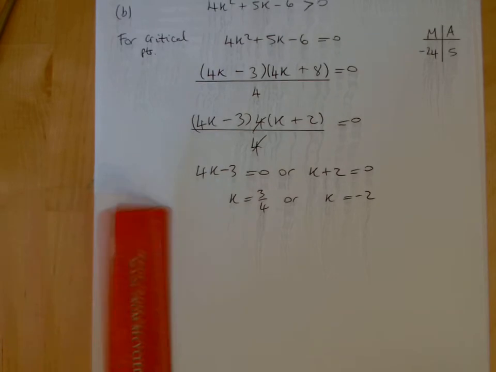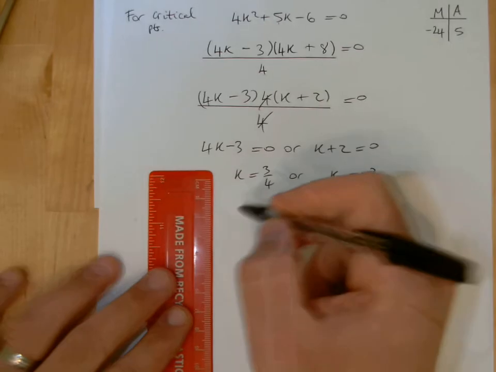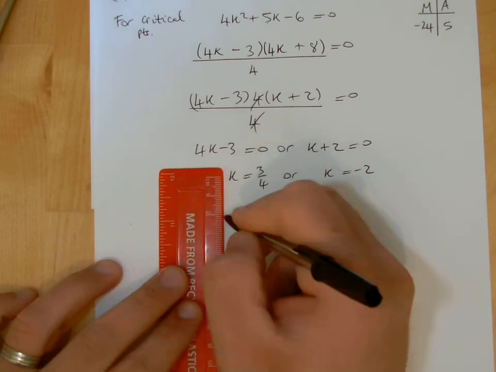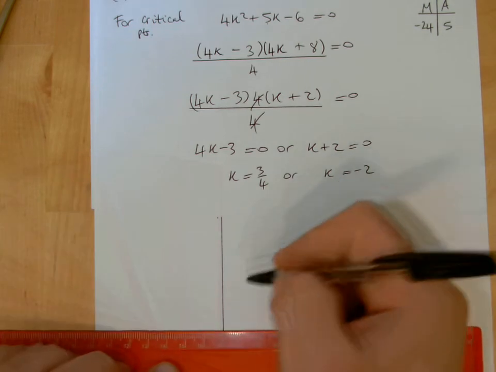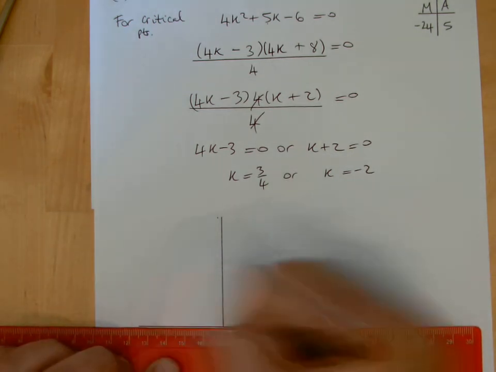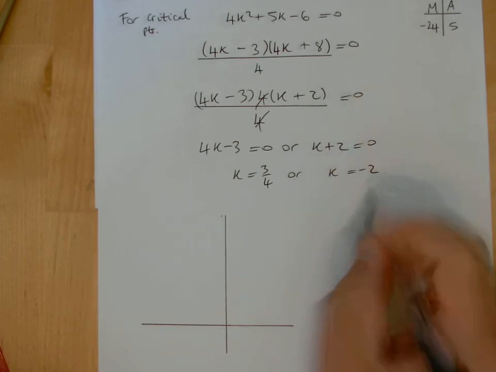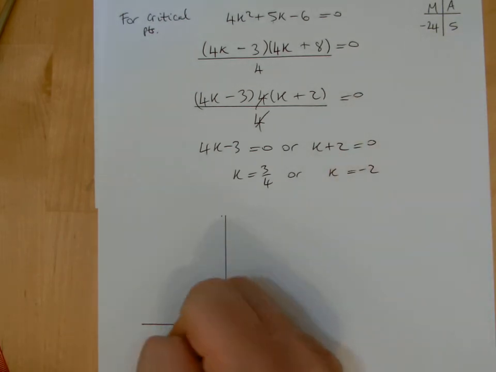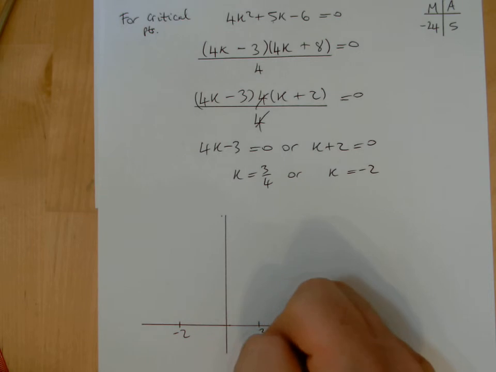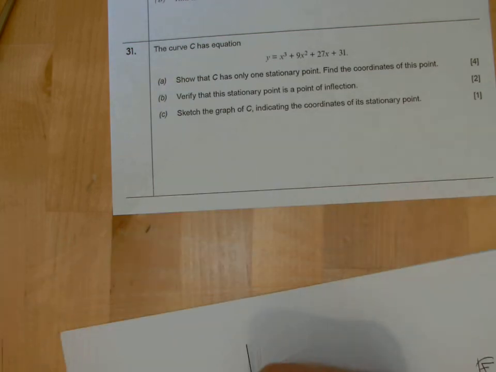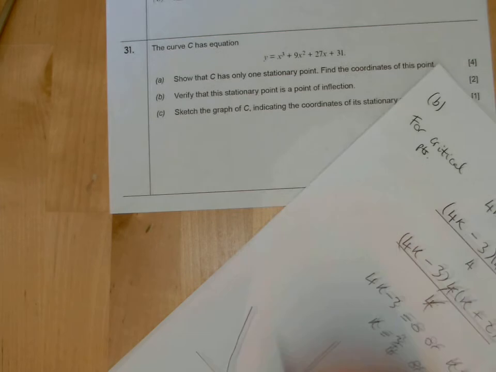And that will make sense with regards to critical points when you actually draw the graph of this quadratic, because ultimately 4k squared plus 4k minus 6, where it equals 0, will be at these 2 points, because we've solved where it equals 0. So it'll be where k is minus 2, and where k is 3/4. So if we draw a quadratic through those critical points, where it's equal to 0, something like that there,